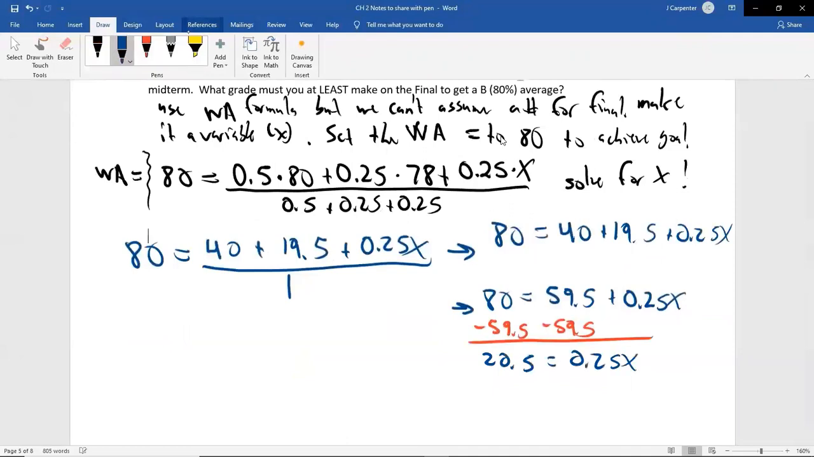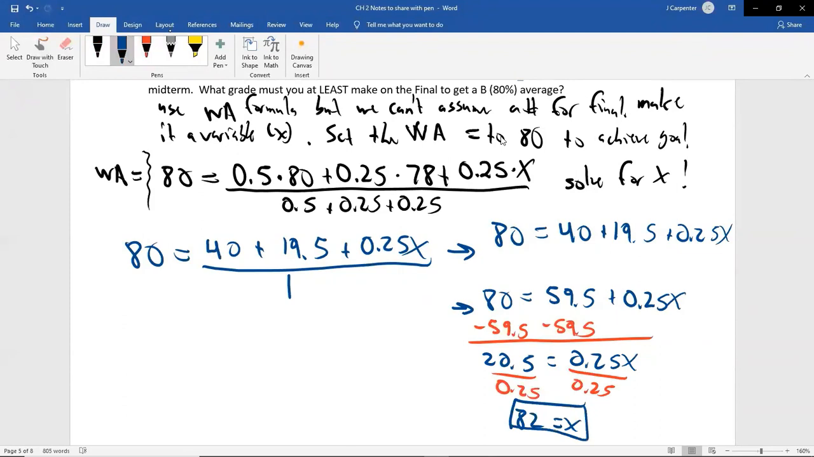We get 20.5 equals 0.25x. Doesn't matter, that's a decimal, just divide both sides by 0.25. Yes, you can multiply both sides by 100 to clear decimals like this, but you don't need to do that because you're using calculators anyways. And you'll get an 82. So 82